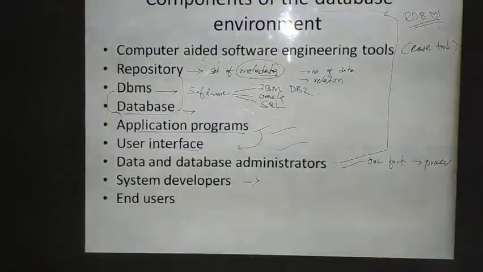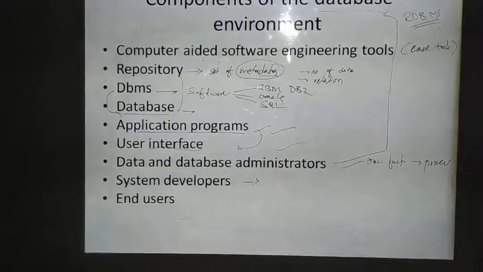And the last one is your end users. Who is the end user? Who is having 0% knowledge, I can say. Means to say that those who are not having any knowledge about the database, but still they are accessing. As we have taken the example of Facebook, we are the application users, I can say, right? We don't know how the application has been created, we don't know where the database is being stored, how we are accessing that, but still we can access, we can update the data, right? So these kinds of users are called end users, right?